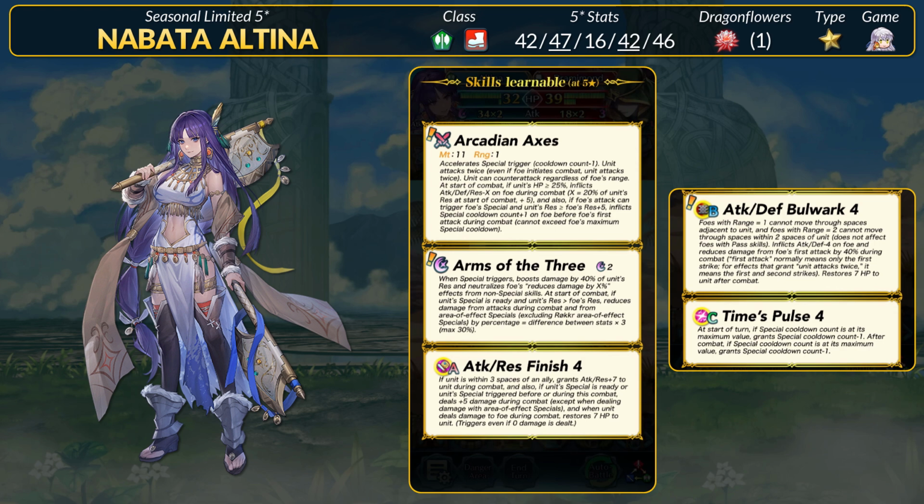As a unit, Nabata Altina is an Axe infantry with 42 HP, 47 attack, 16 speed, 42 defense, and 46 res. Attack and defense super boons. This Altina is the most min-max version to date. Very high attack because she's still got brave attacks, no speed, good defense, and very high res. Among all axe users with Dragon Flowers invested, only 3 of them break 40 res. Young Hector was the highest, but Altina smashes that record. Her Harmonic ult got dethroned for one of the highest res sword units, so Altina's taking her revenge in the